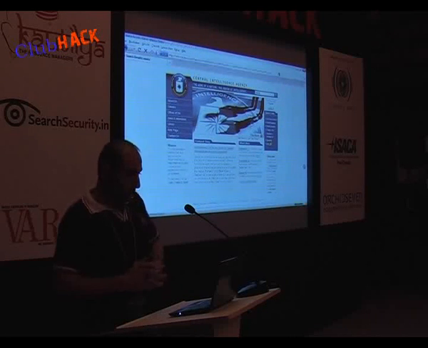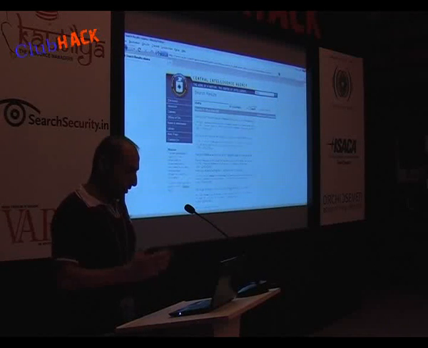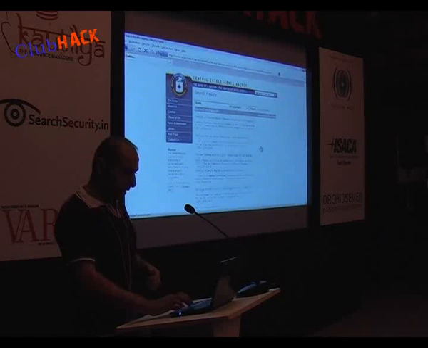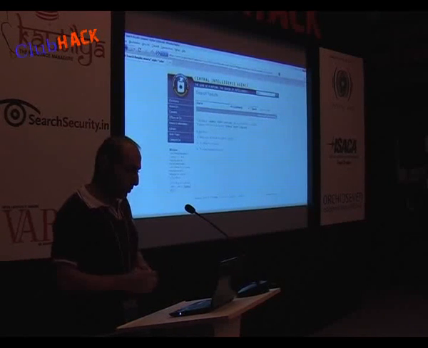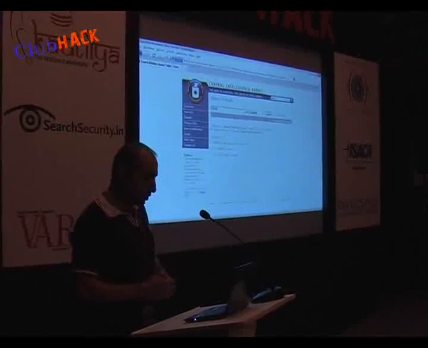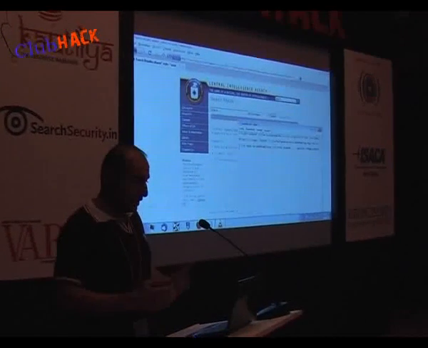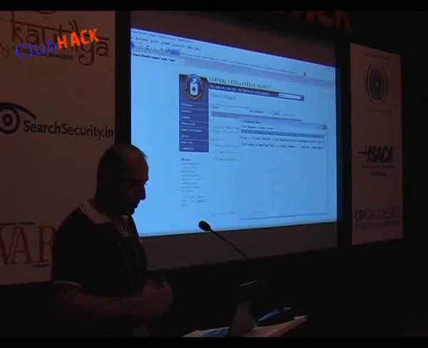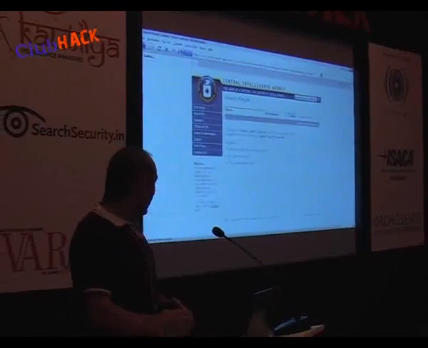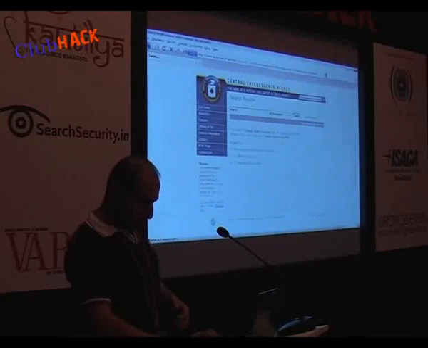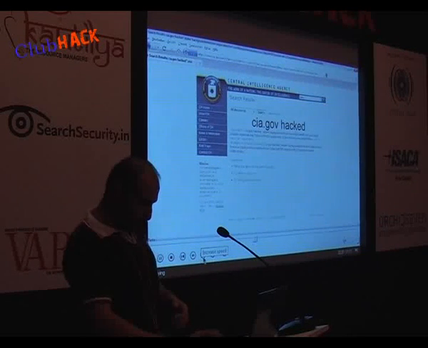This is CIA.gov, the website of the CIA agency. So the hacker found XSS in this website. The type of this XSS is non-persistent. It means it can run that code, but no changes can be done in the real website. But as you can see, I'll make it faster.